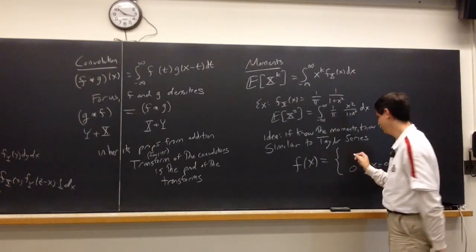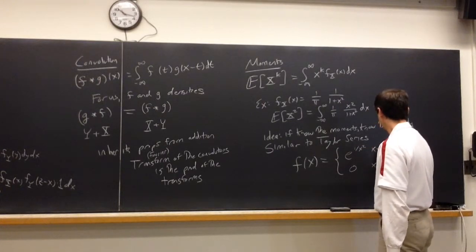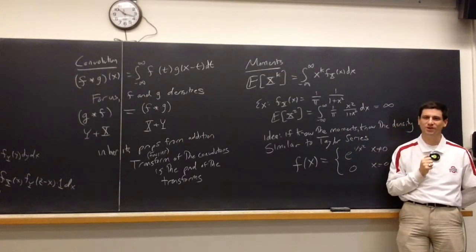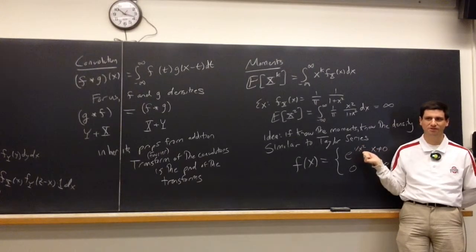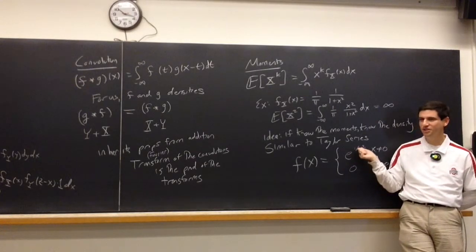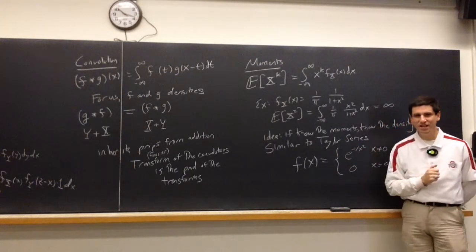e to the 1 over x squared? Almost. You're extremely close. It's almost e to the 1 over x squared. You're off by a very small amount. What happens as x approaches 0? What does this look like? So let's say x is 1 over a billion. This becomes e to the 1 over a billion squared. This becomes e to the billion squared. Yeah, negative. So if we take this function,